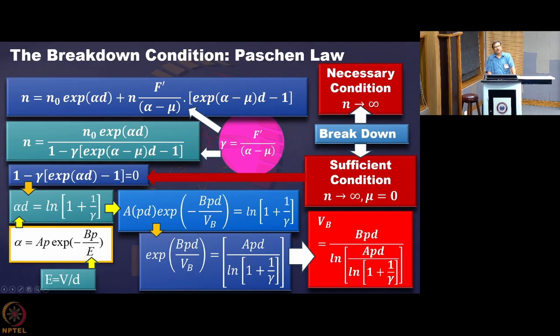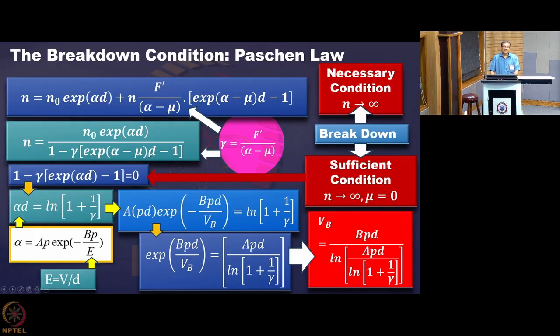But suppose we are not taking the help of the absorption of the photons, they are only helping you to get the breakdown to happen in an easier way. So if we don't take help of this absorption and still find the condition for n to be infinite, that will be the sufficient condition. So for the time being, we can put mu equal to 0 over here, and then we will try to find this quantity to be 0. If we are putting mu equal to 0, that means we are not taking the help of this absorption, and still we are trying to make n infinite.